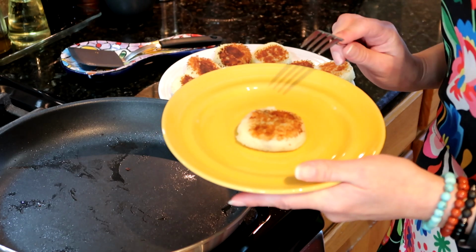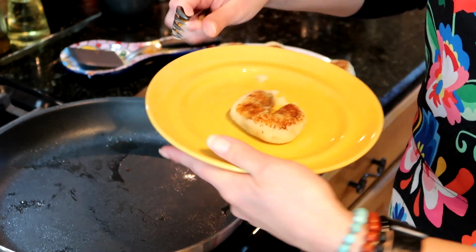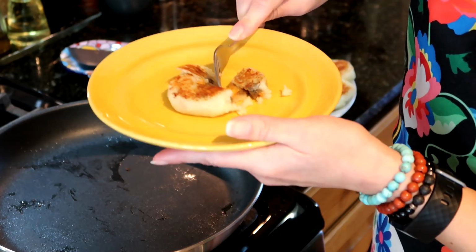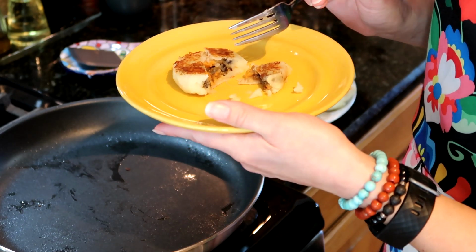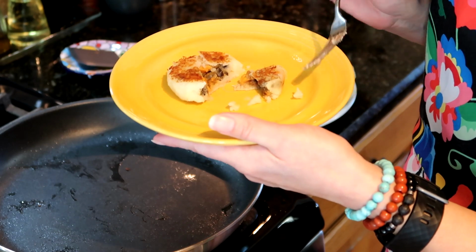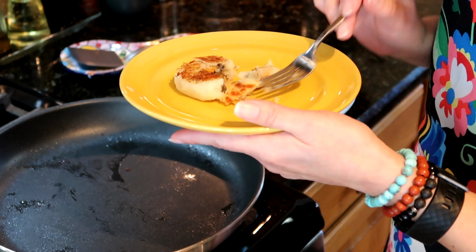Before I get the rest of these plated and served, though, I'm just going to take a little peek and maybe just a little chef's taste. So this is one of the vegetarian ones. You can see the beans, the sweet potato, and the nice crisp potato on the outside. Give this a try, and I hope you give this a try,